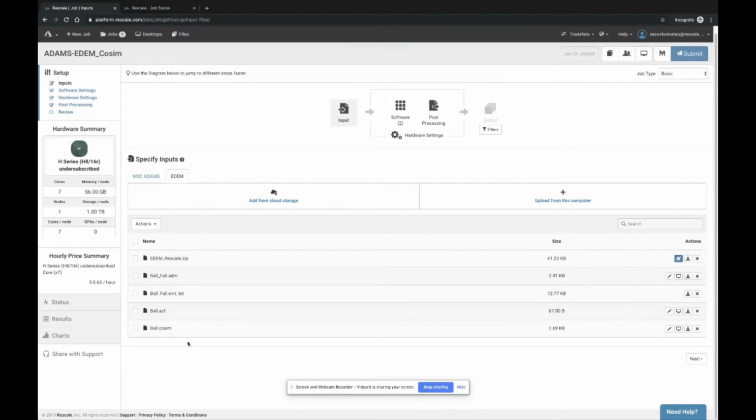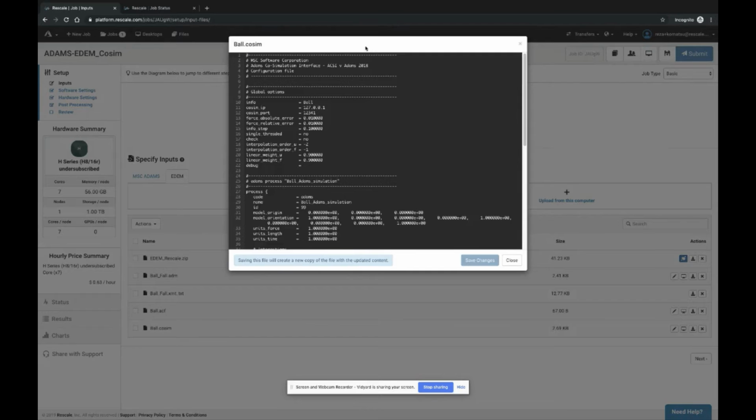There are some changes that we need to make in the Cosim file. Now there are three ways. Either, if you know which version of the software you're going to use, you can edit it on your machine. Or, if you don't have all of the files in the zip file, you can open and edit it here. And the third way is when we launch it, you can connect through SSH and edit your file over there. So just to show you the file here,